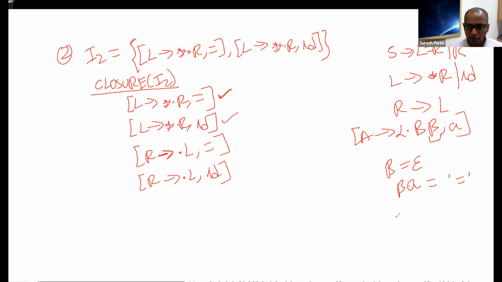So here, remember the set before. For every substitution rule associated with the non-terminal symbol R, and for every terminal symbol that is present in the first set, right now ID is the only thing present in the first set, we pair them together and generate an LR1 item like this.